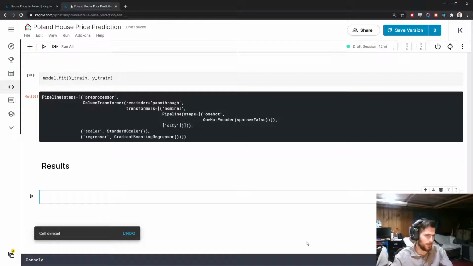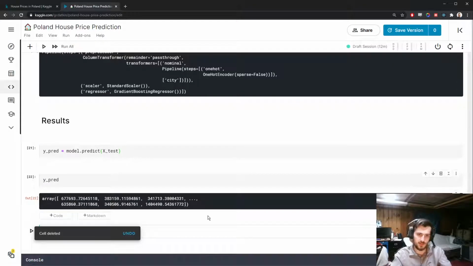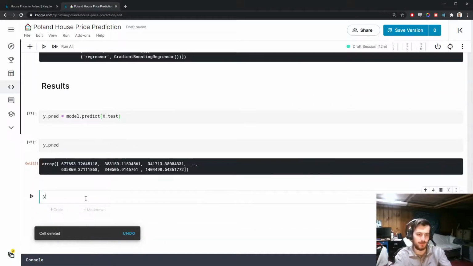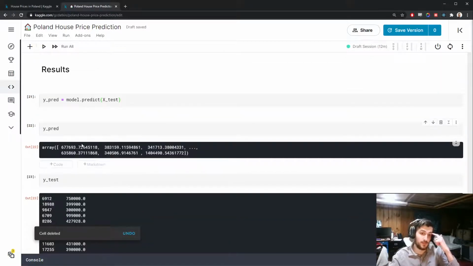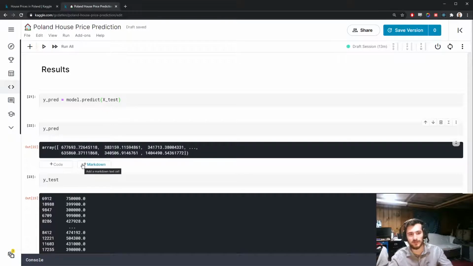Alright, so first let's get the RMSE. So I'll create some predictions. This will be model.predict on xtest. And so what this looks like is just the predictions for each value. Now ytest is the actual values. And we can get the RMSE, which is the root mean squared error, by first taking the error, which